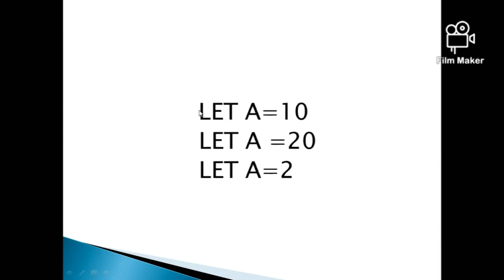I hope everything is clear to you, and the LET statement is also clear to you. Just remember that the LET statement is used to assign the value to a variable, and the INPUT statement gives a prompt to the user to enter the value at the time of execution. It means when the program is run, at the same time we can give the value to the variable.